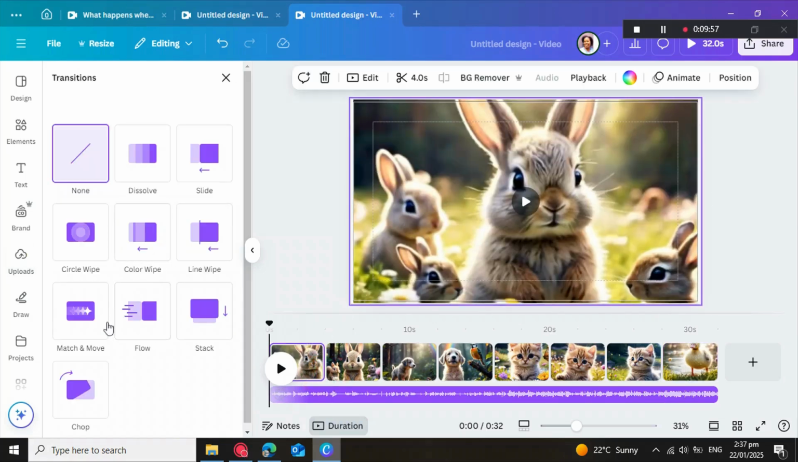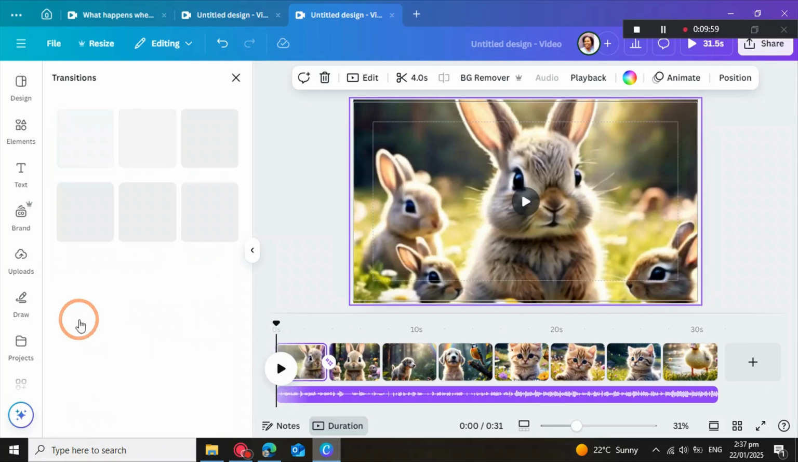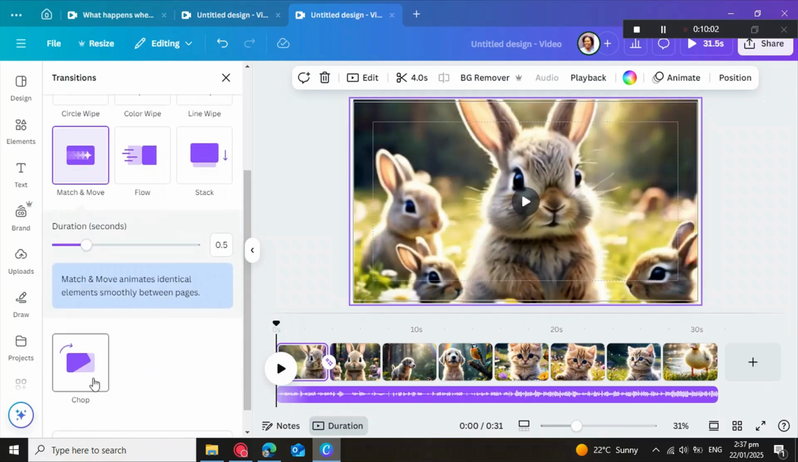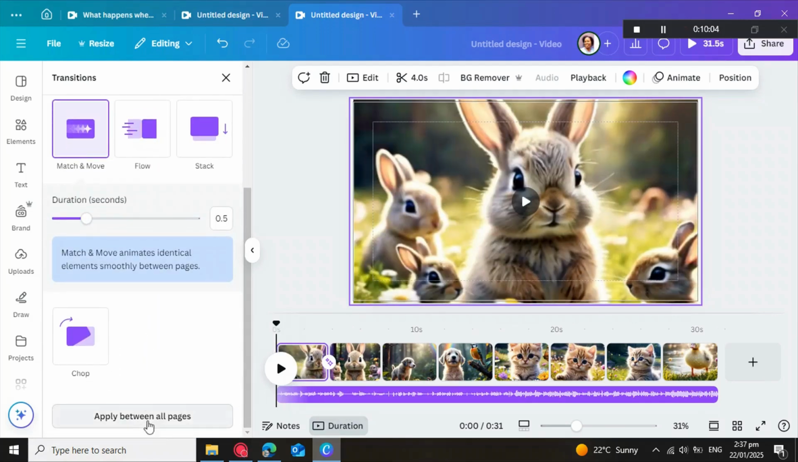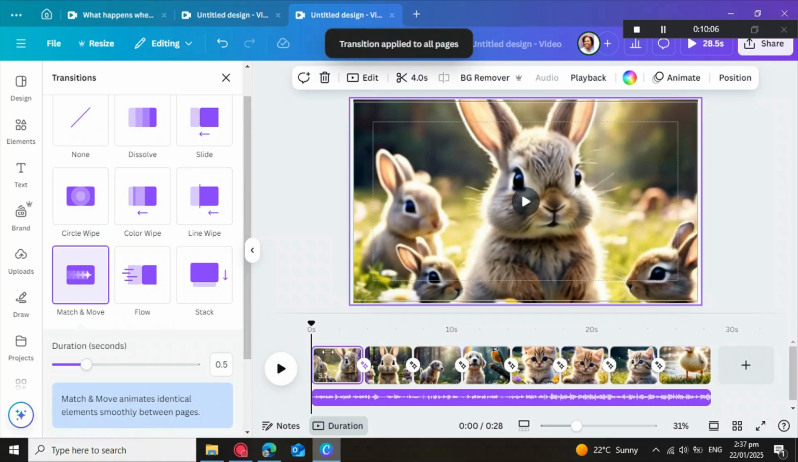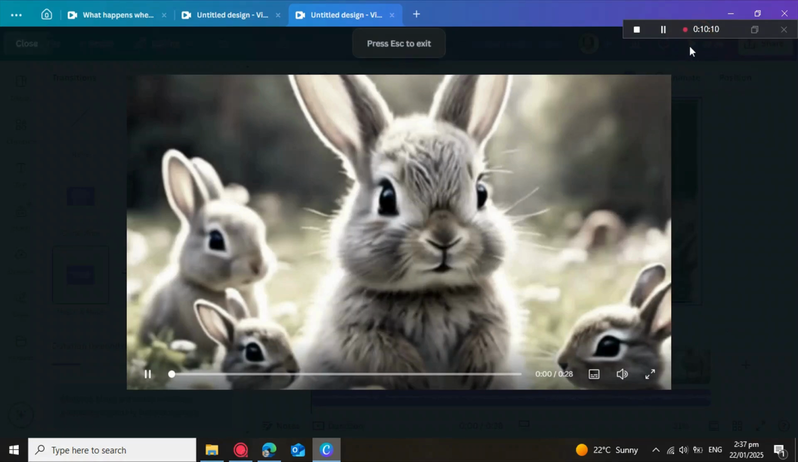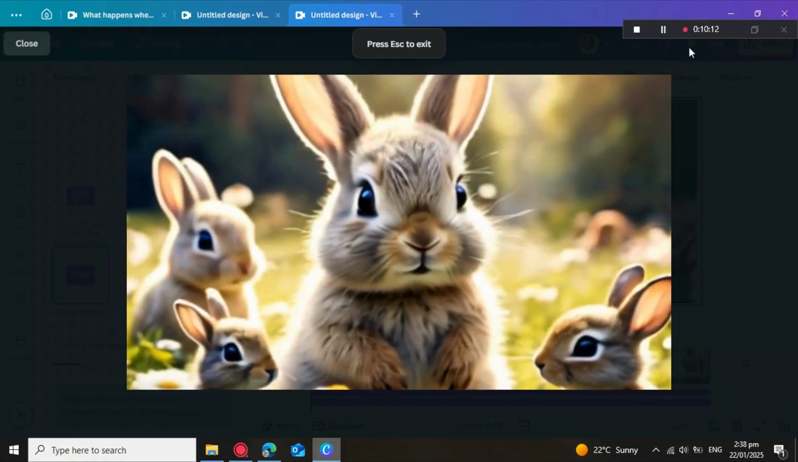Then you can just add the transition here. Let's just do it like this. Add transition. So we're gonna use match and move. I normally use this one, and then you can come to apply between all pages. So let's just listen to the whole